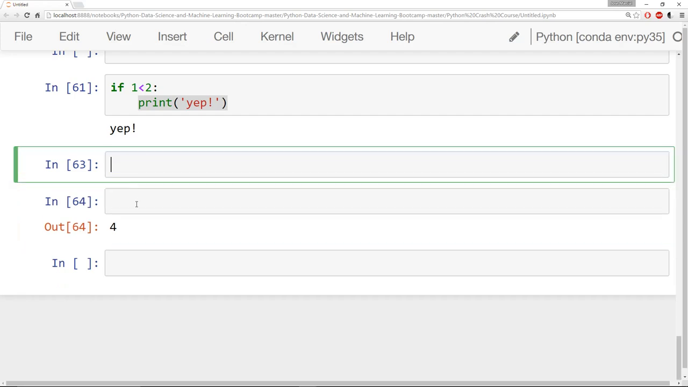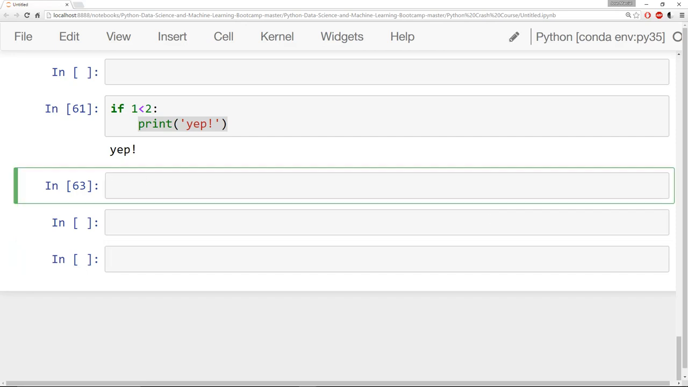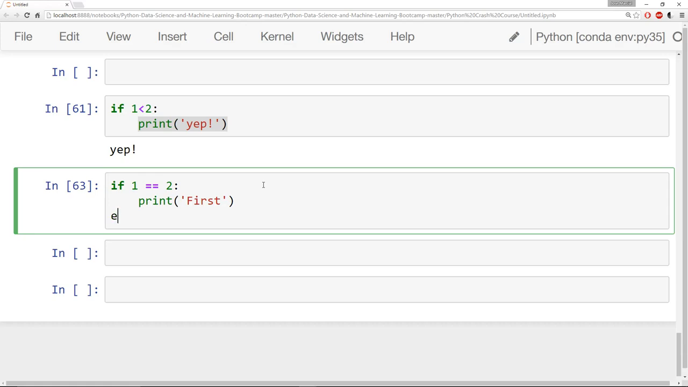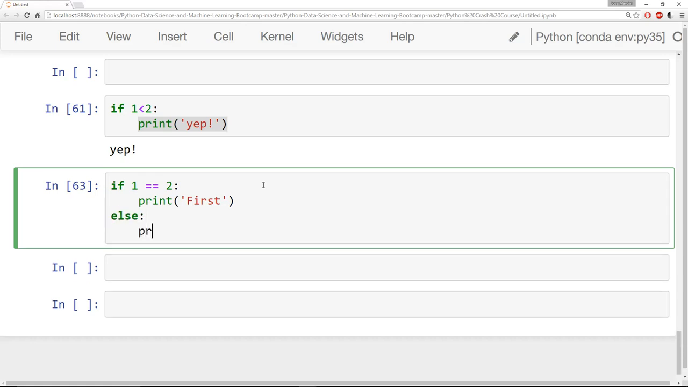All right, now let's talk about some other operations we can do. Let's say we want to check for multiple conditions. Or let's say we want to have something occur in case it's not true. So we'll say if 1 is equal to 2, print first. Else, colon, print last. And what this is going to do is going to say if this condition is true,